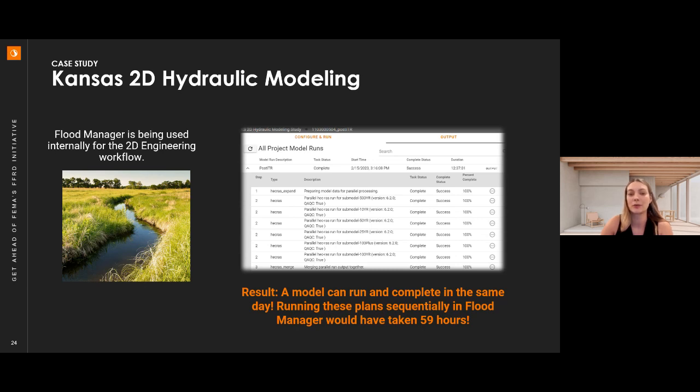So for those plans to be run, each of them individually, I always like to give the guideline of whatever your longest running plan is, you can expect your model to finish in a few minutes after that. We do have that expand step and then the merge step at the end that take a few minutes. So all of your plans can be complete in a little more than your longest running plan.